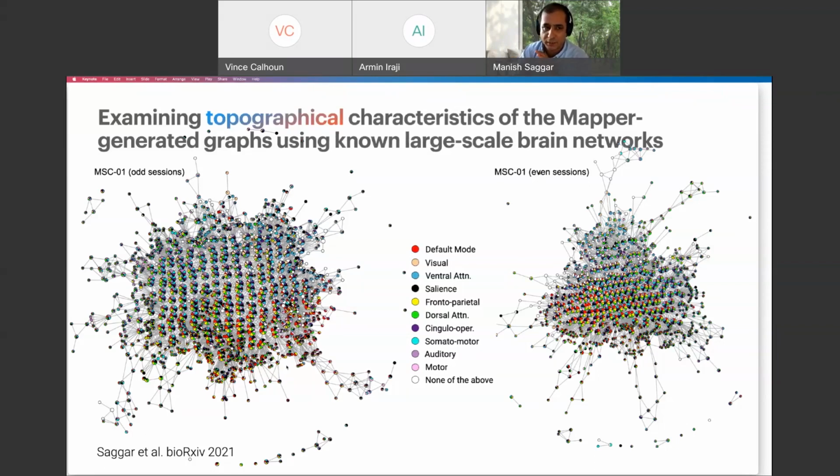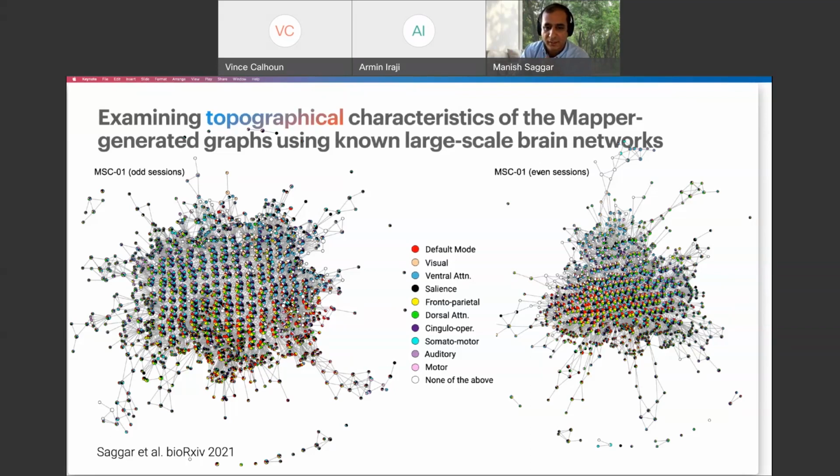It's just another way of coloring it, annotating it. We didn't use this information to make the graph. It's just to color it to see where things are. And when you do that, for the same person again, maybe I'll zoom in on the next slide, you can see that it's not like one network pops up and the others are silent. It's a lot of this all-networks-go-together approach, but if you look closely,